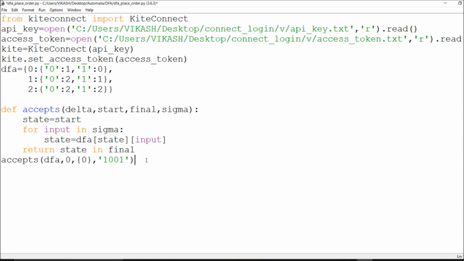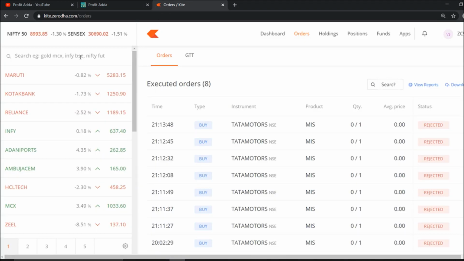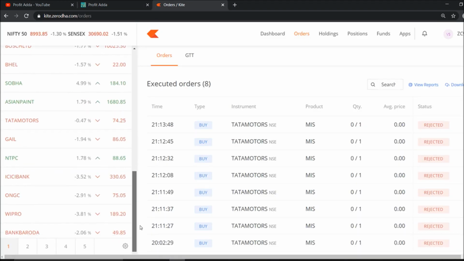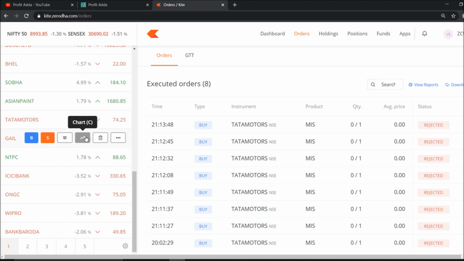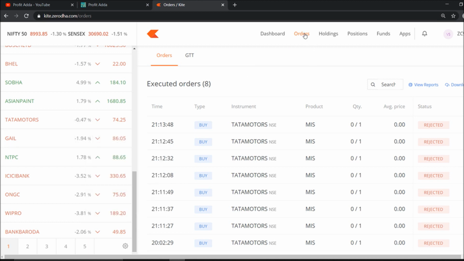Okay, so I said my input. Right now I will take an example. I will just tell you a scenario. Right now I will go place this order, some of the orders which I will go for. So we'll take Tata Motors here. I will just open the chart.